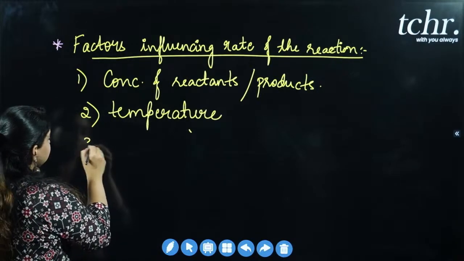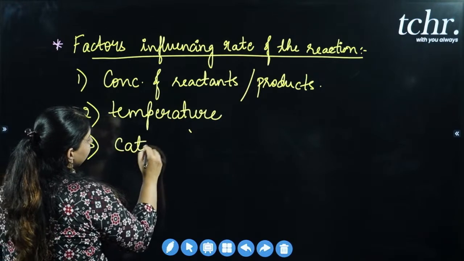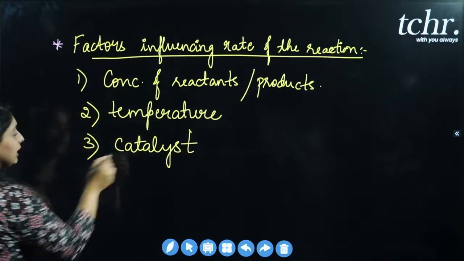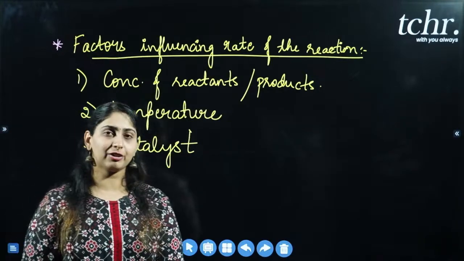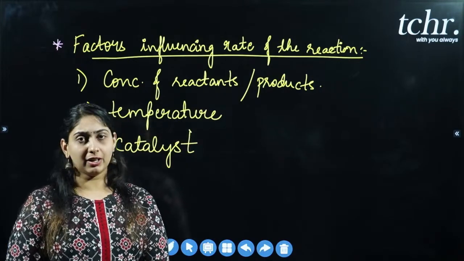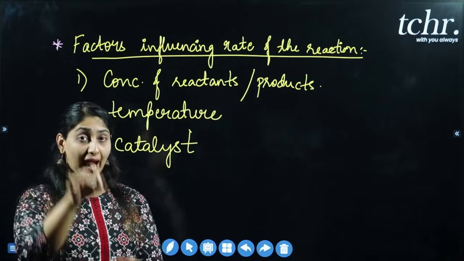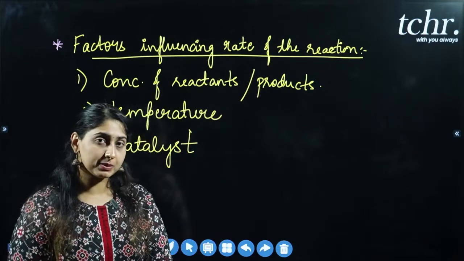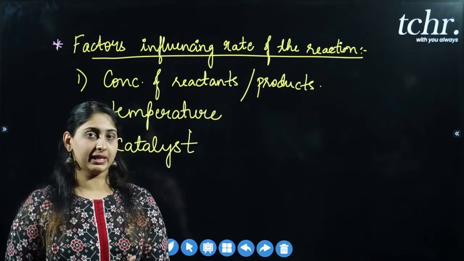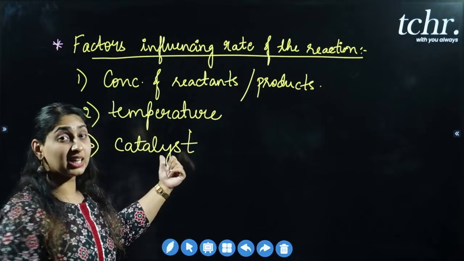Similarly, the next important factor is the catalyst that we generally add. What do you mean by a catalyst? You already know: a catalyst is a substance that we add to a particular reaction. We add some foreign substance from outside into the chemical reaction, and what does the substance do? It enhances or speeds up the reaction without participating in the reaction. You know that; that's the basic quality of any catalyst.